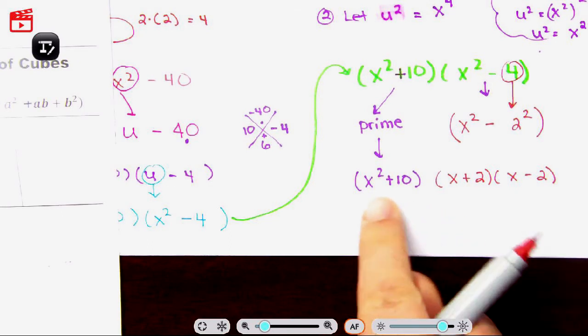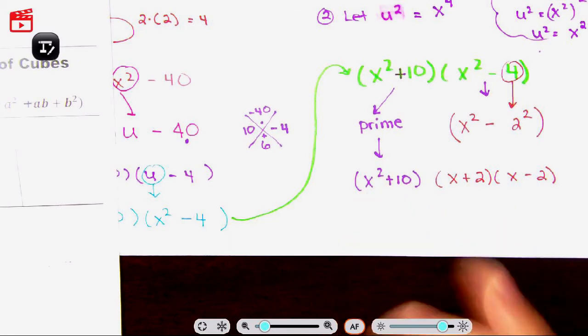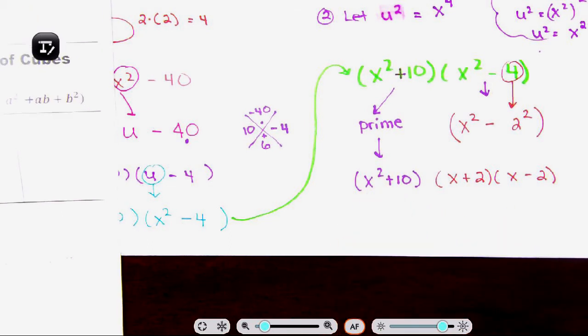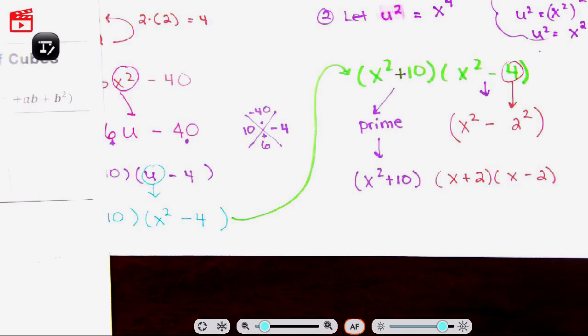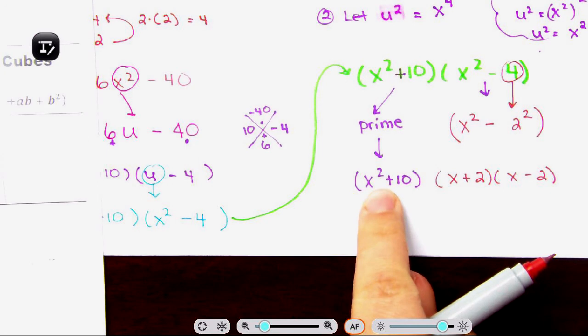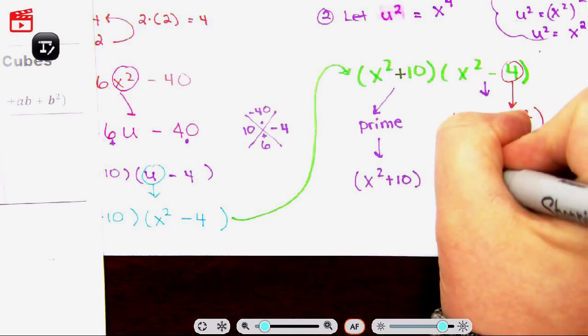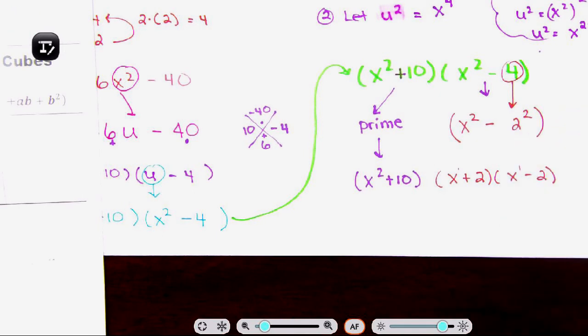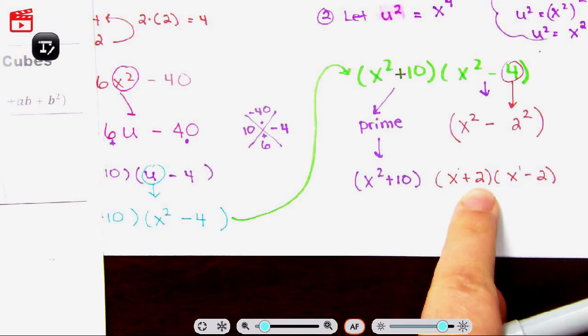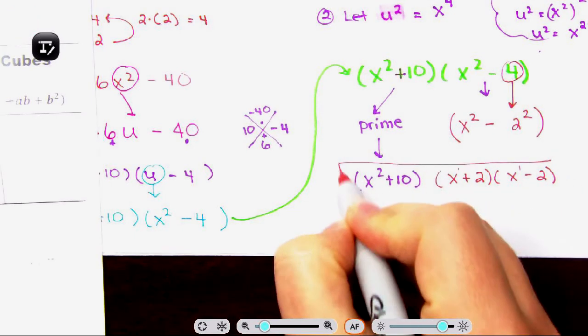Now, this we already said is prime. However, if you keep factoring, you have to double check every single bubble, that each bubble cannot be factored further. So this is prime, we can't factor. This is singular, meaning the exponent on x is 1. And if the exponent on x is 1, you're done. There's nothing to factor anymore. It's as simple as it can get. So therefore, this is our final answer